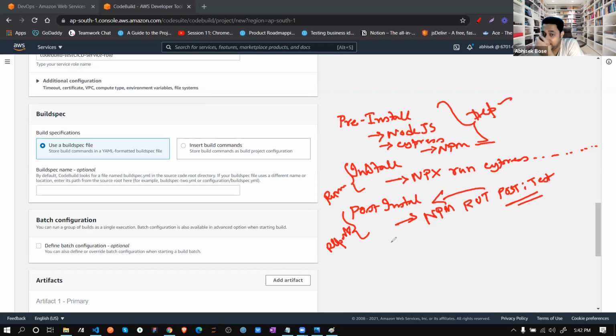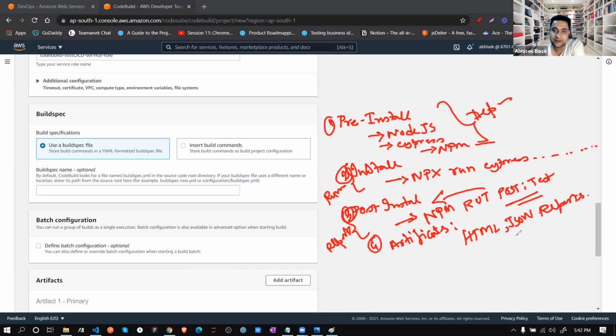And last, the artifacts. Artifacts means all your HTML or JSON reports, which you are storing in an S3 bucket.